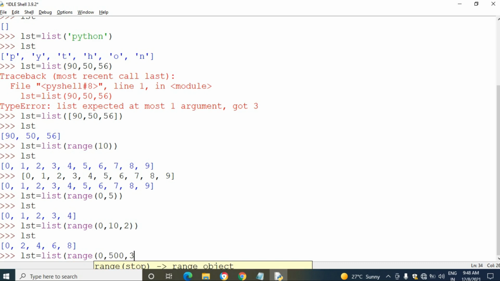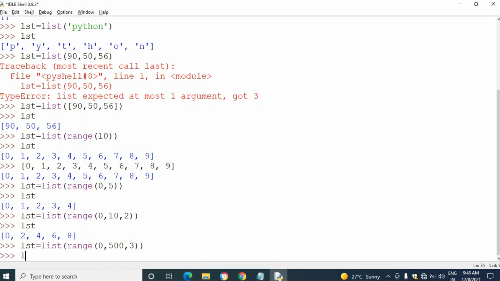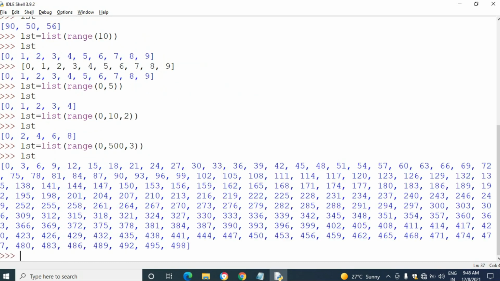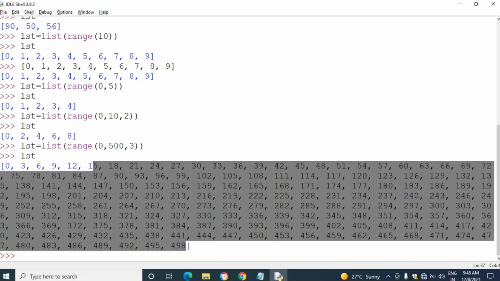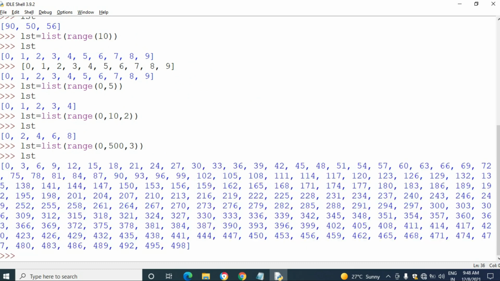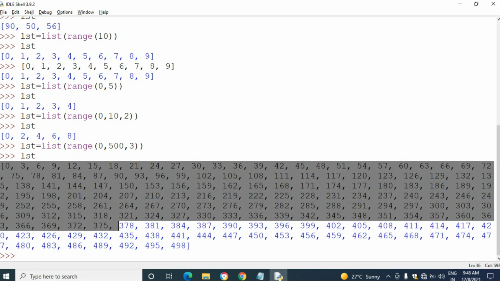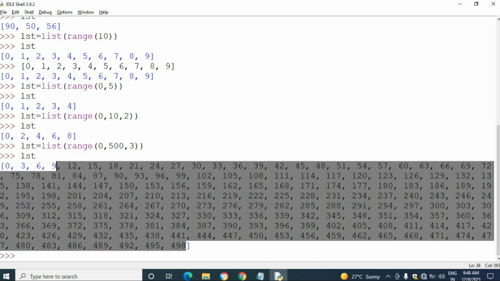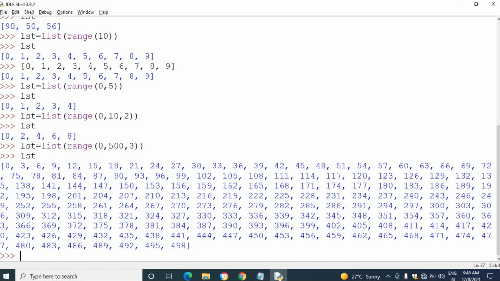Zero up to 500 and then 3. See, all the multiples of 3 values have come inside the list up to 500.